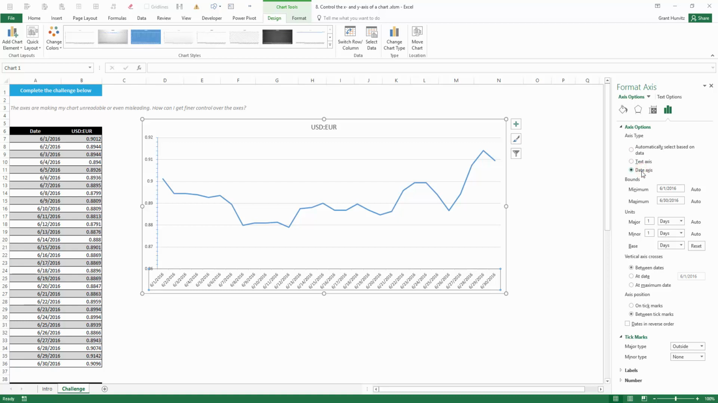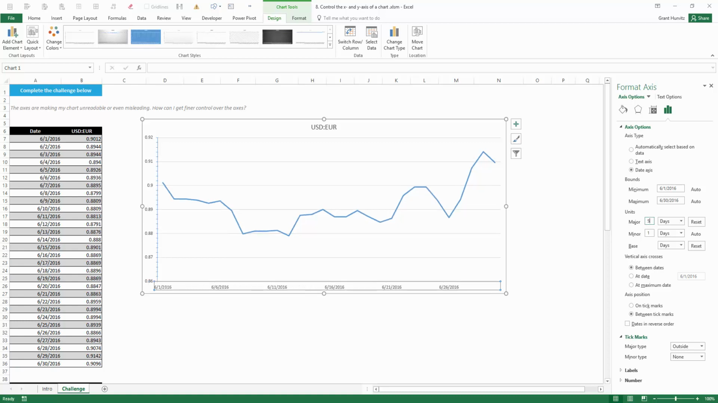Once Excel interprets this information as dates, we can again set the minimum and maximum bound by changing these options. We can change the units, choosing the actual number, as well as the type, either days, months, or years. So for example, if we change this to every 5 days and hit enter, now we can see we don't get all of the data points in between, which actually makes this chart slightly easier to read, since it's unlikely that a user needs to know every single data point, but rather more to pick up the trend of sales